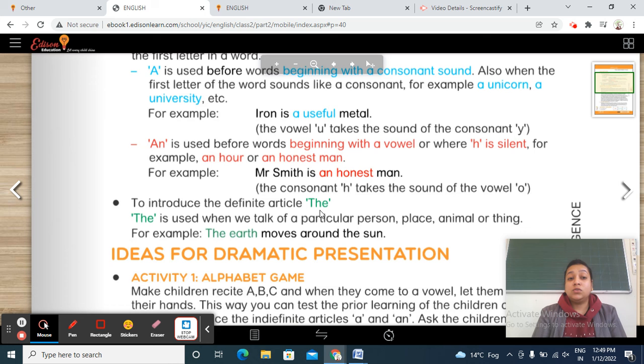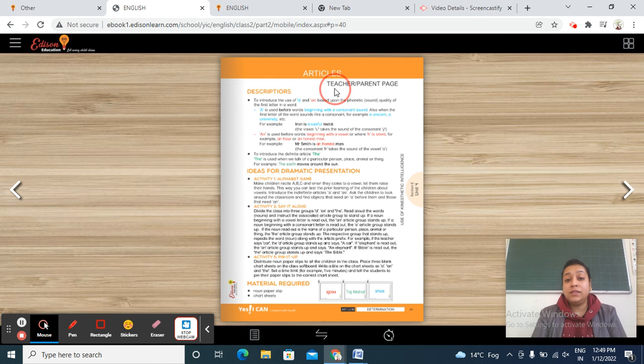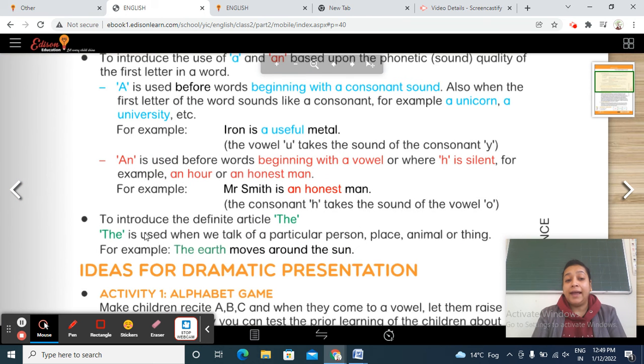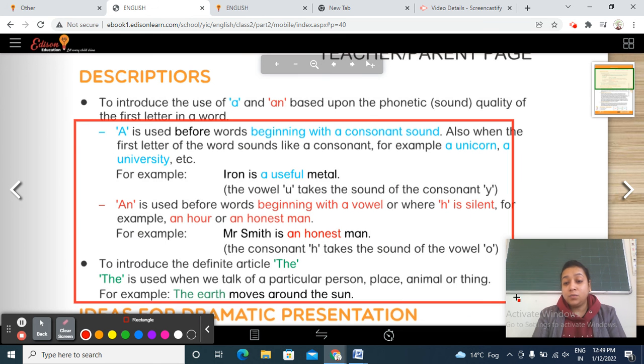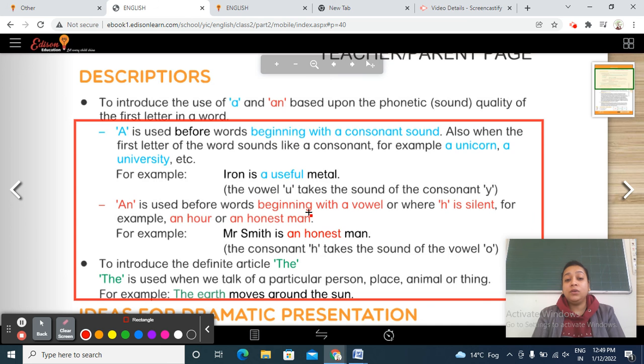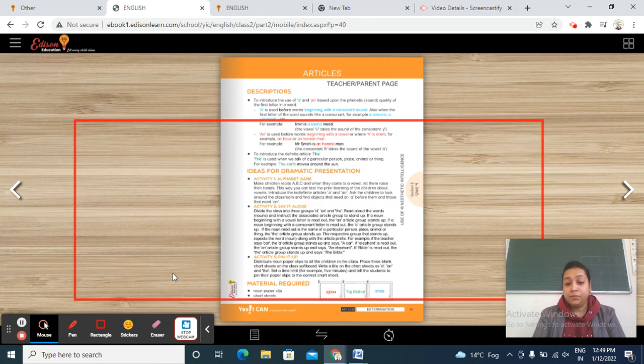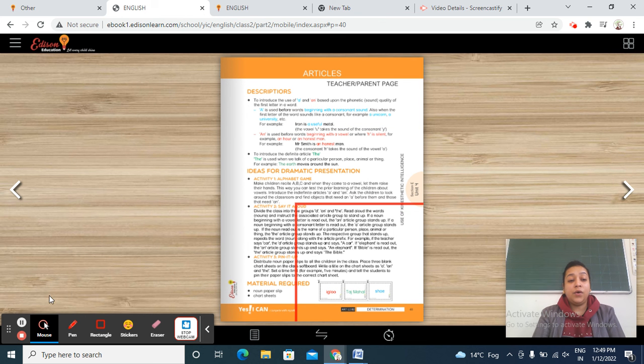Getting this point? So if you have done with this work, you have to write a and the in your notebook. Okay, you have to write these three lines, these three sentences in your notebook. We have done this work in the offline classes, but you're going to do this. If you have not done, then complete your work. I have highlighted in this particular box, so these three points should be there in your notebook. Getting this point? Yes or no? Okay. After writing this, we are going to